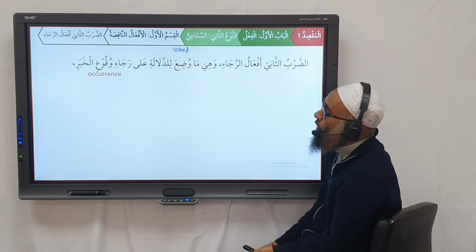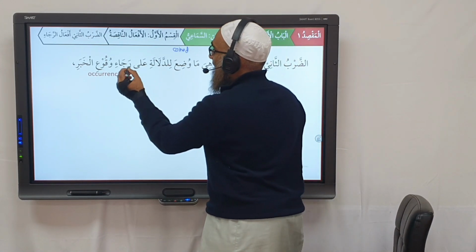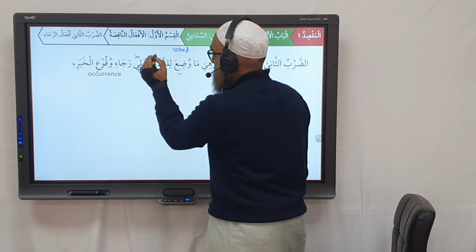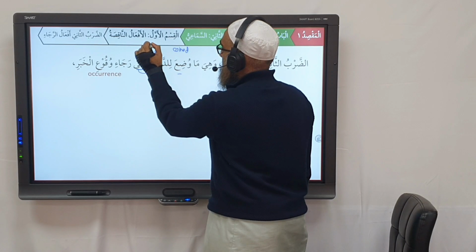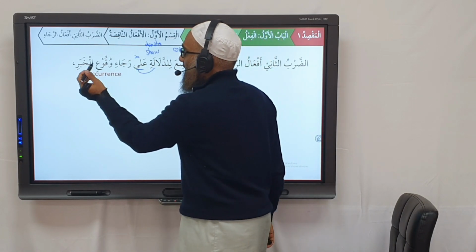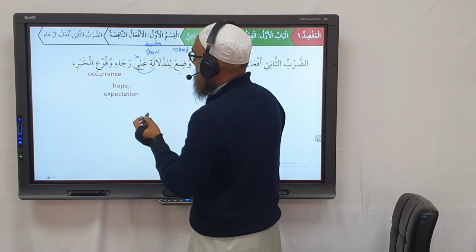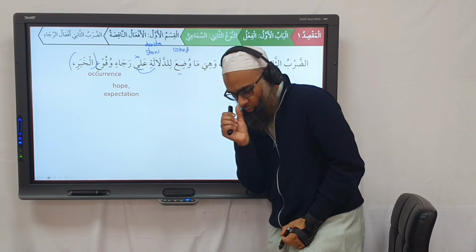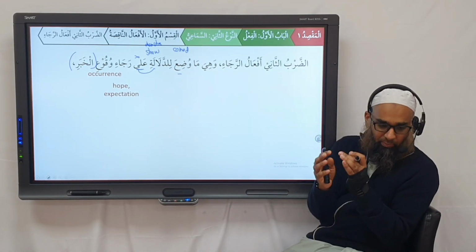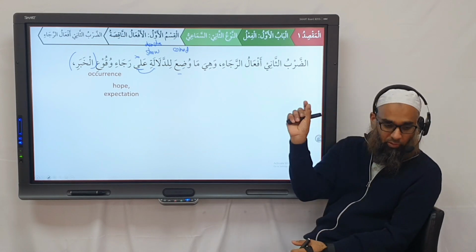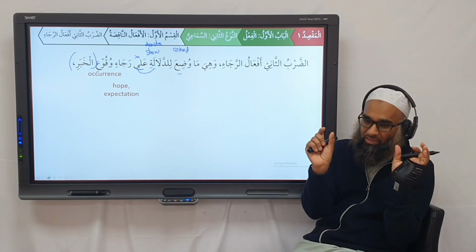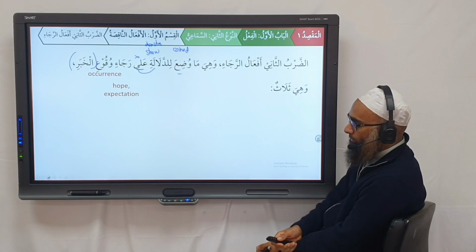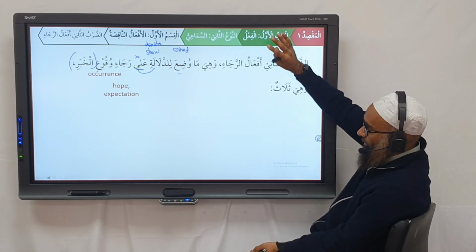The dalala, to show, denote. What does it denote? Ala, it denotes, ala is a maf'ul bihi of dalala, don't translate ala. It is that which has been coined to show or denote the raja, the hope. And we have raja is here, the hope or the expectation of the khabar occurring. Are you following? So what happens here is we have a fi'l raja, it will have an ism and a khabar. So the fi'l comes on the mubtada and the khabar, the ism and the khabar, and it shows that we hope the khabar, it shows that the mutakallim wants the khabar to occur. Are you following?